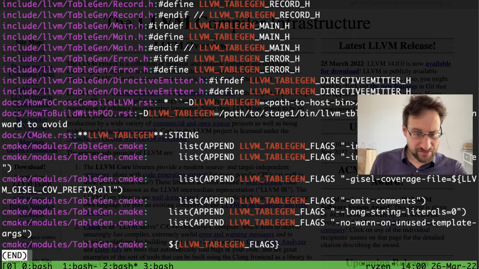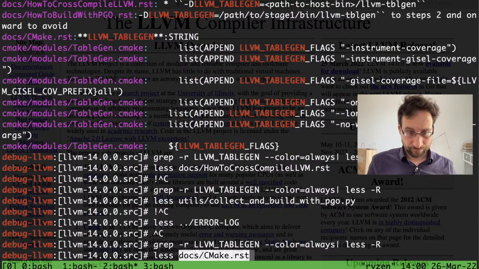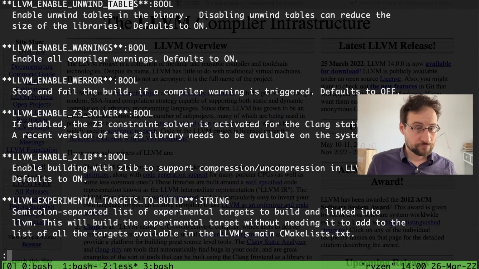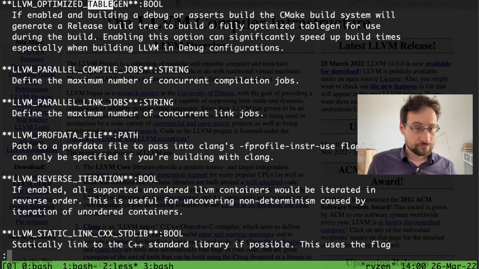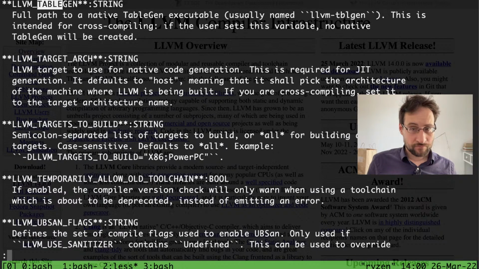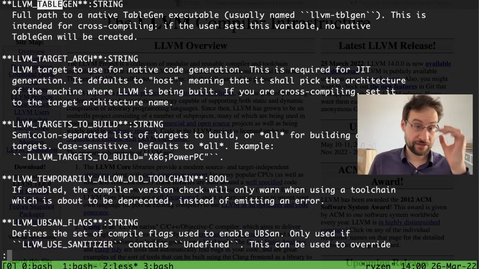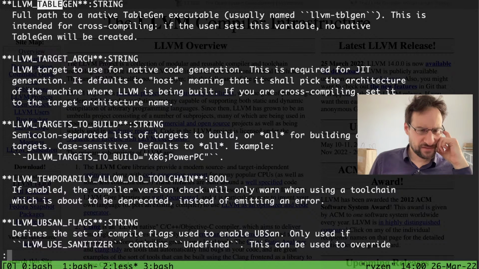I mean, it's still there, but how does it work if it has no occurrence in its... Full path native tablegen executable, usually named LLVM tablegen. This is intended for cross-compiling if the user sets a variable, no native tablegen will be created. Yeah, I mean, that obviously doesn't work anymore because...